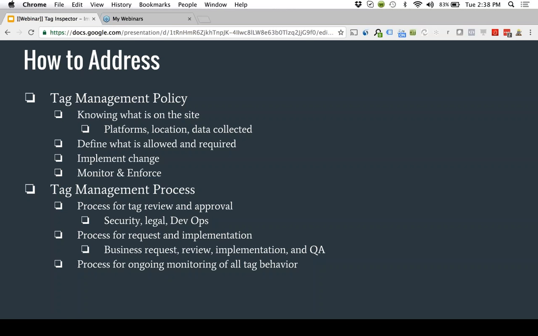The development team is going to know that trade-off between performance and function when it comes to adding new tags. So it needs to be reviewed and then approved by all those different groups. There also needs to be a process for request and implementation. So how we do this,